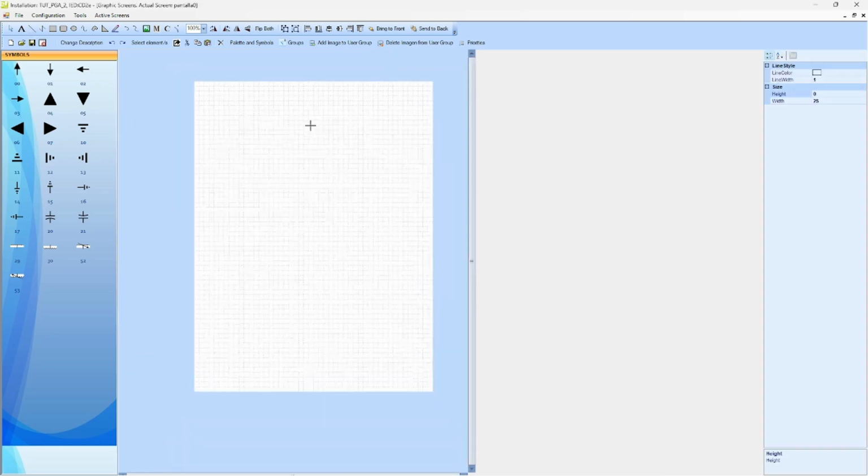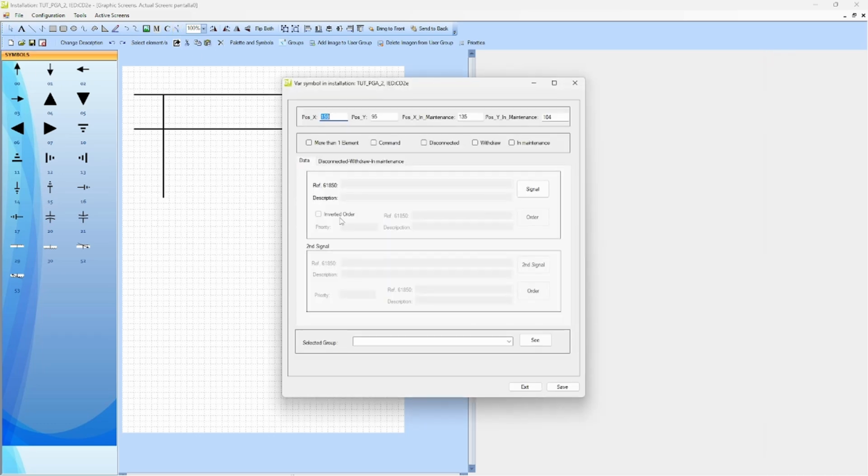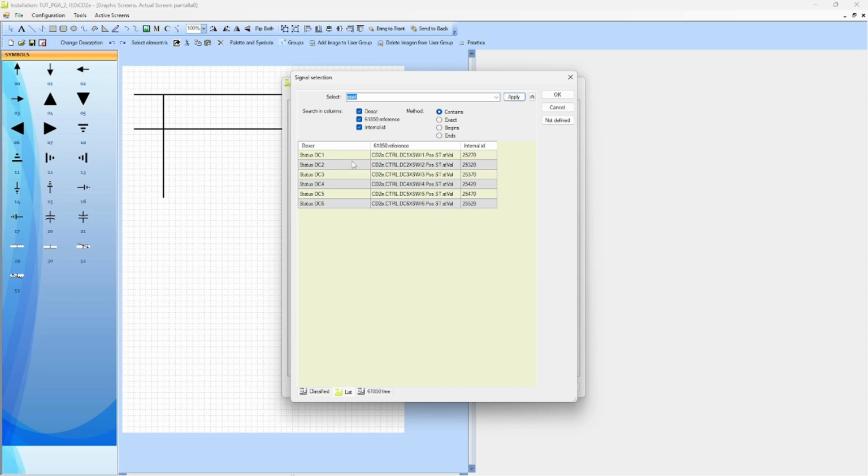First, we will draw the line which will represent the busbars and their connections to the circuit breaking devices. For that, we can use the line symbol on the left side of the toolbar. The breaking devices symbols will be imported from the symbol next to the C and M tags in the middle of the toolbar. First, busbar A's disconnector will be included. For that, we will need to look the corresponding signal up by clicking on the status button.